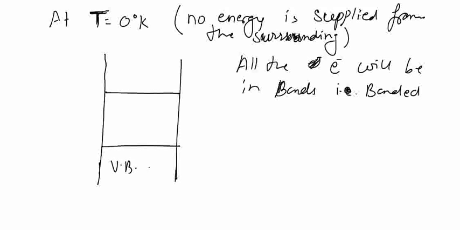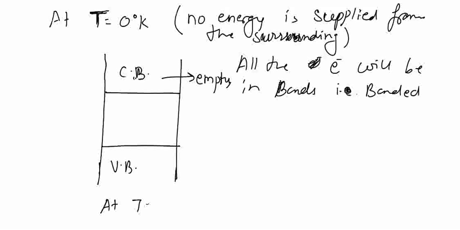If all the electrons are in the valence band, there will be no electrons in the conduction band, as there are no free electrons. So the conduction band is empty for semiconductors at